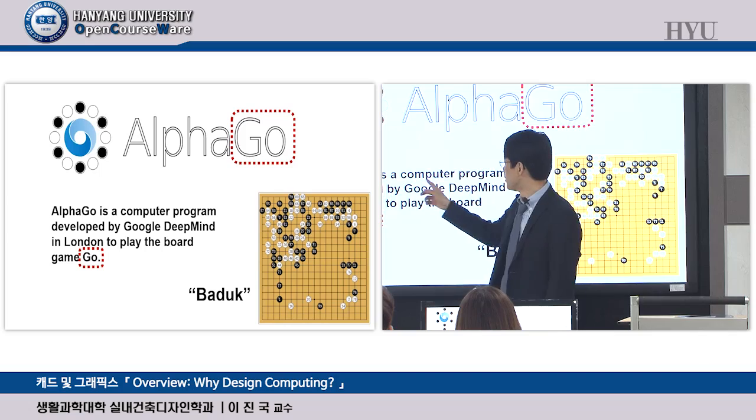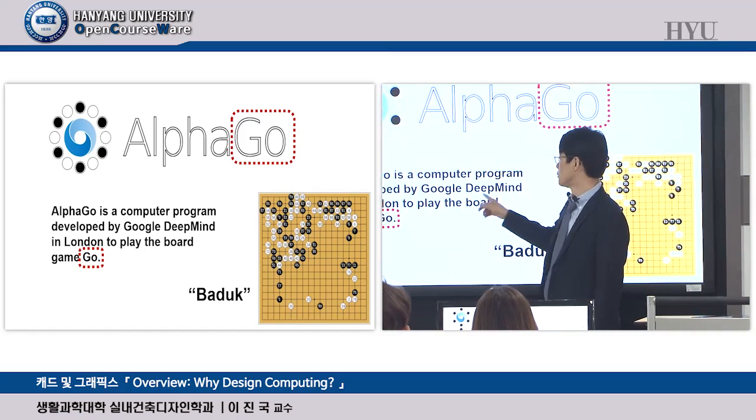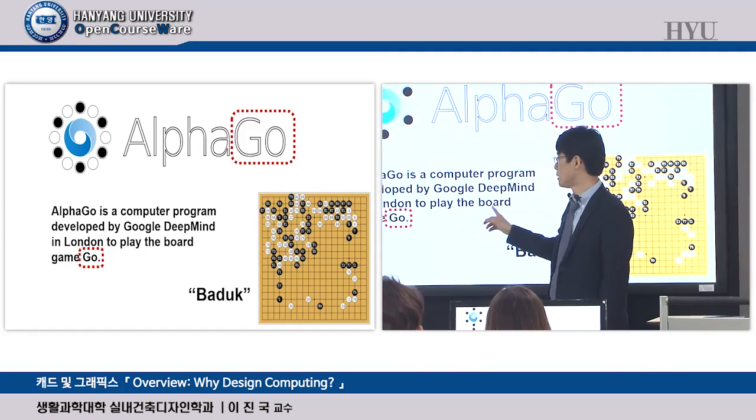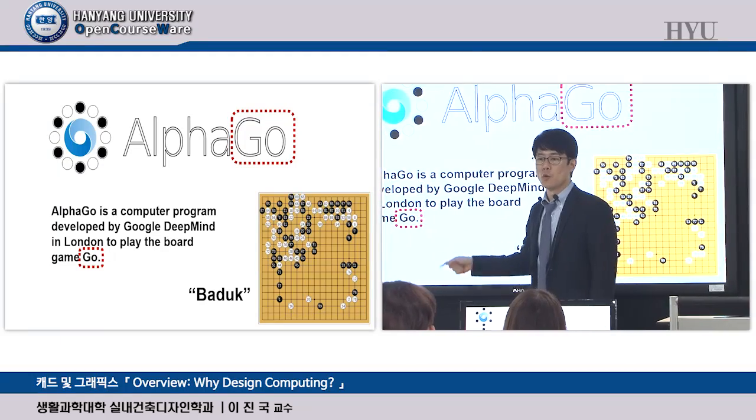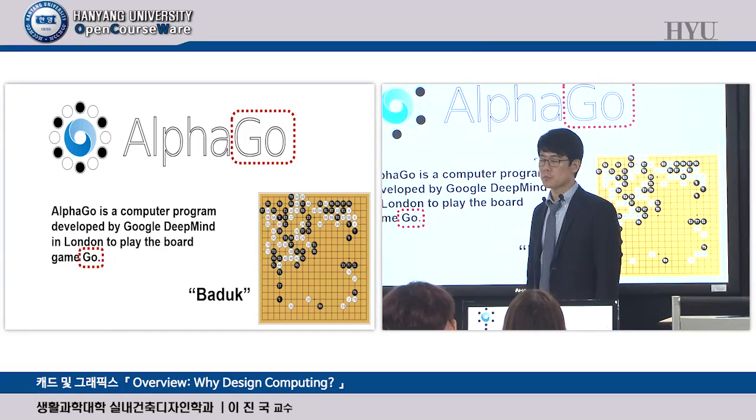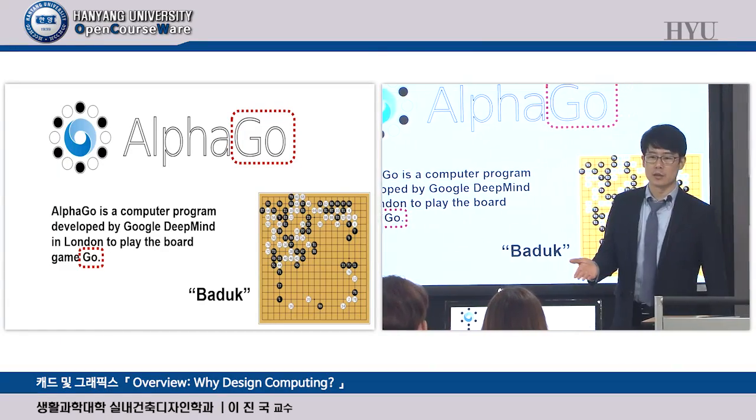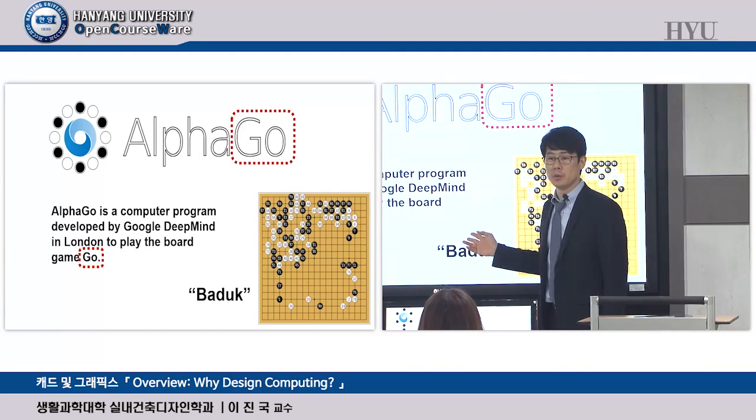So AlphaGo is a computer program developed by Google DeepMind in London to play the board game Go, only for Go. But you know that the human champion, Isedo, has been beaten